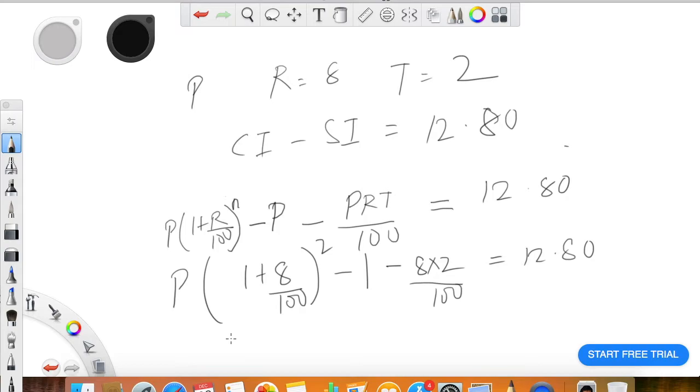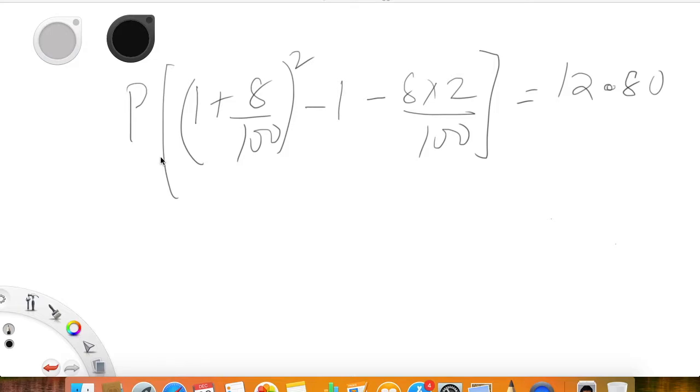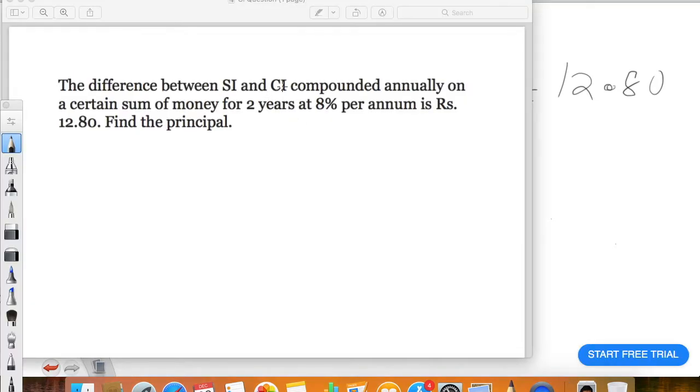So what you do, I have taken P common. So this is where we came from our last step. We have taken P common from this equation. Now you're left with this seemingly complicated thing we have to solve. Let's try to solve it. All right, so yeah,